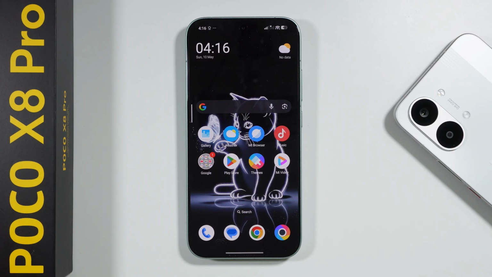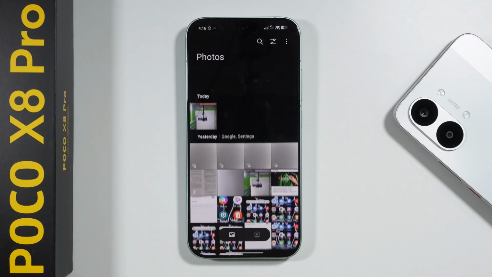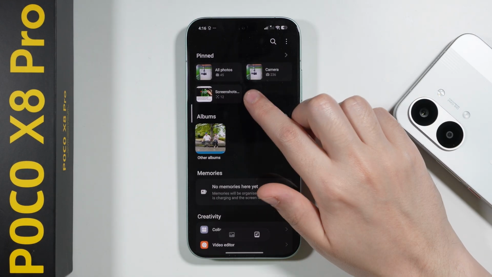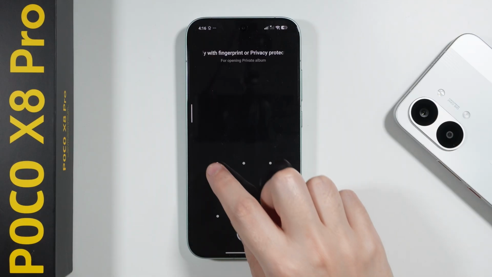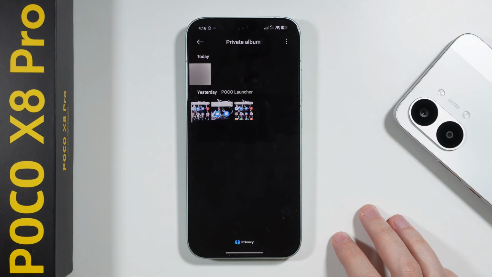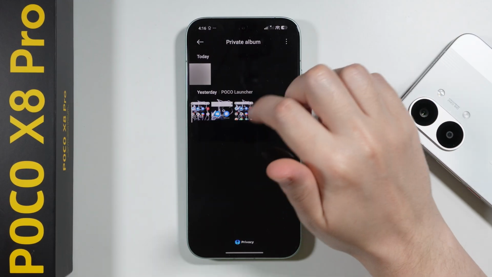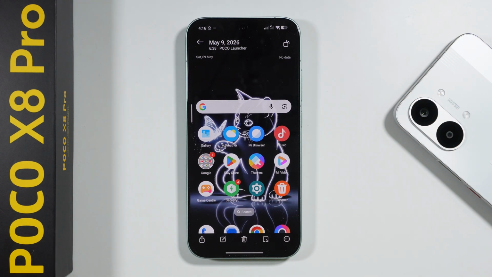To unhide photos and videos on POCO X8 Pro or Pro Max, first we need to open the gallery. We're gonna switch to albums, and of course we need to open the private album, so I'm gonna swipe down. There we go. We're gonna enter the password, and once we have access to the private album, once we open it, over here we should be able to just simply tap on any photo or video that we want to